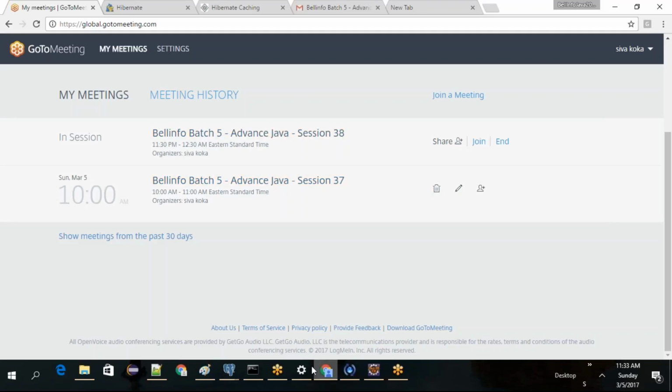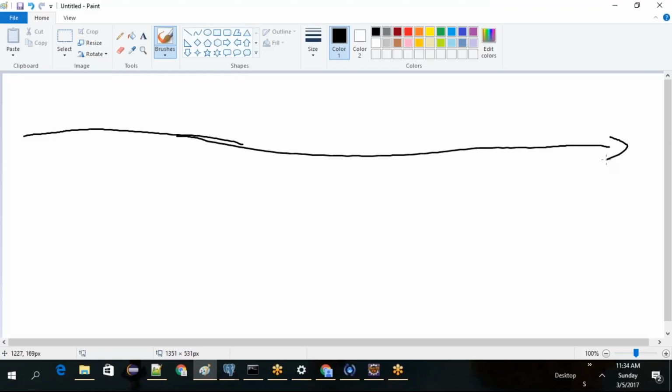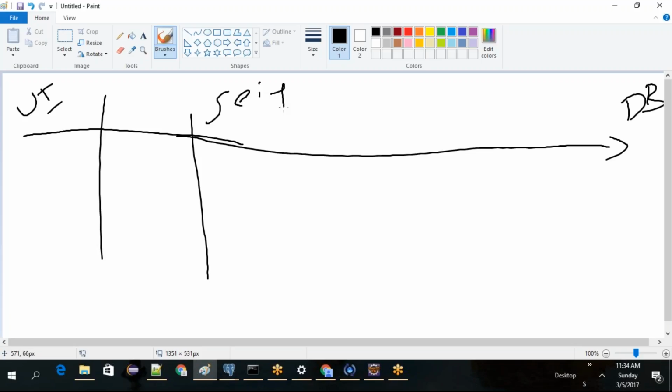So now my goal, this session goal, is from end to end. Let's say this is UI, this is database. I want to show you here Spring controller and here Hibernate,